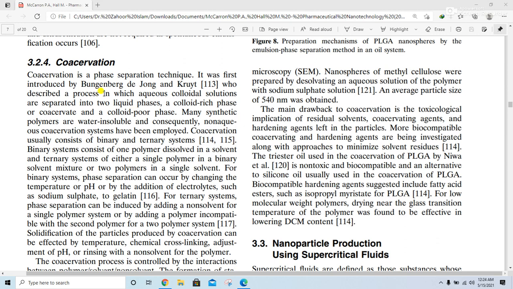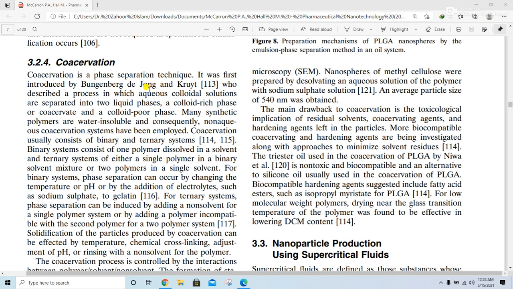So you can see here on my screen, coacervation. As we know, this is another method which is used for the preparation of nanospheres from preformed polymers. So what is the coacervation technique? Coacervation is a phase separation technique, and this technique was for the first time introduced by the scientists